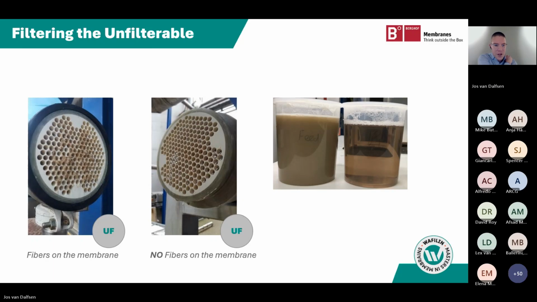membrane. So what we did is we integrated and tested a counterflow current over the membrane. So we alternate the flow direction over the membranes. So once you get an accumulation of fibers on the top of the membrane and you change the flow over the membrane towards the other direction, you basically loosen up the fiber material on that side of the membrane and can continue the process without cleaning the membranes frequently.